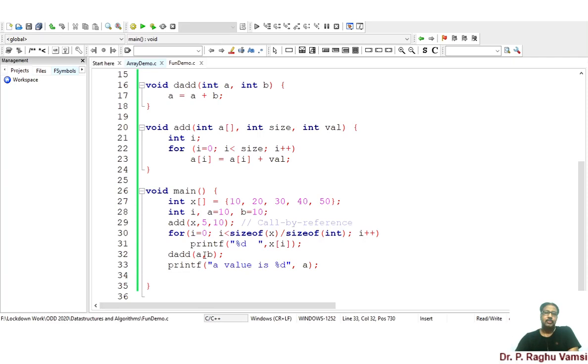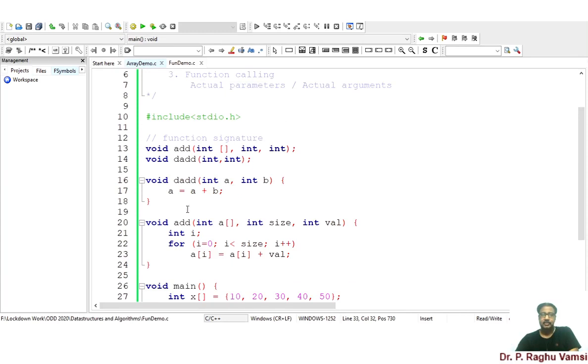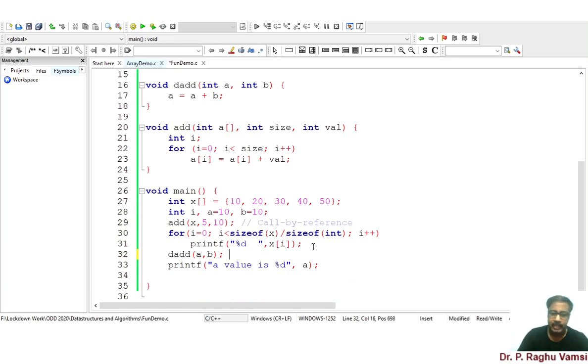whatever values you pass to a function will not be reflected even though you do any manipulations within the function. Such kind of passing of parameters is said to be called by value or passed by value. This is a parameter passing mechanism. That means whenever you pass a parameter to a function, that parameter will not be affected or modified outside the function if you do any modification within it. Such a mechanism is called the call by value mechanism.